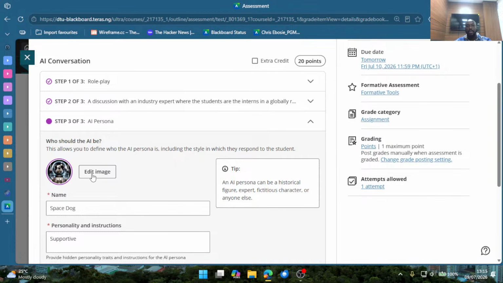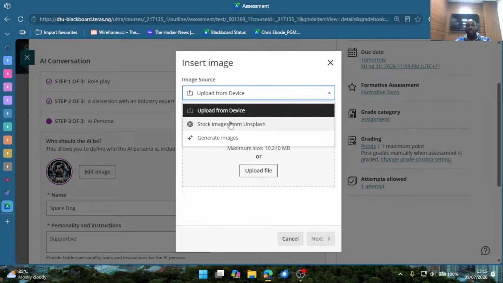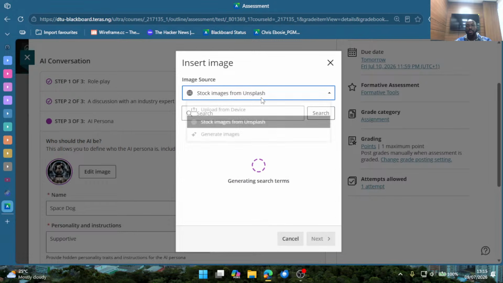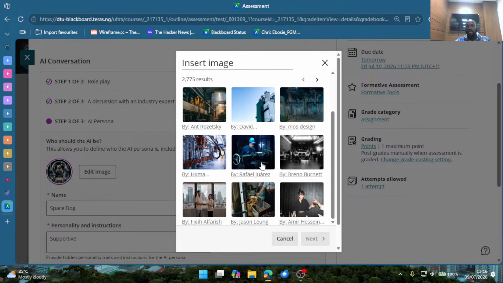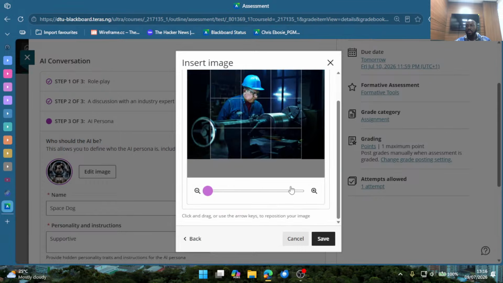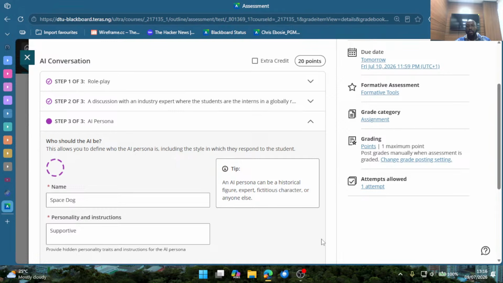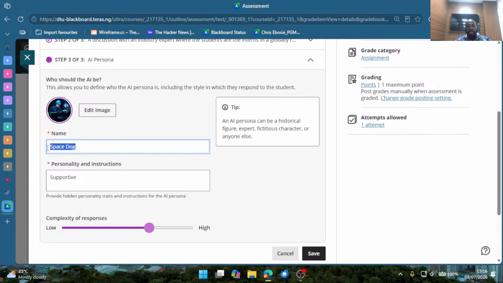So here you can put an image. You can edit this image, upload from your device, your laptop. You can also get from the internet, like on Unsplash. So you see, see what happened there. I did not type this. Because I had already set the scene here for students and said industry expert, it has also put that here. So it's looking for an industry expert image. So you can use something like this. You know that this person is going to be an industry expert in their own field. So this would be the picture of the AI, right? You can change the person's name. So let's say it's going to be